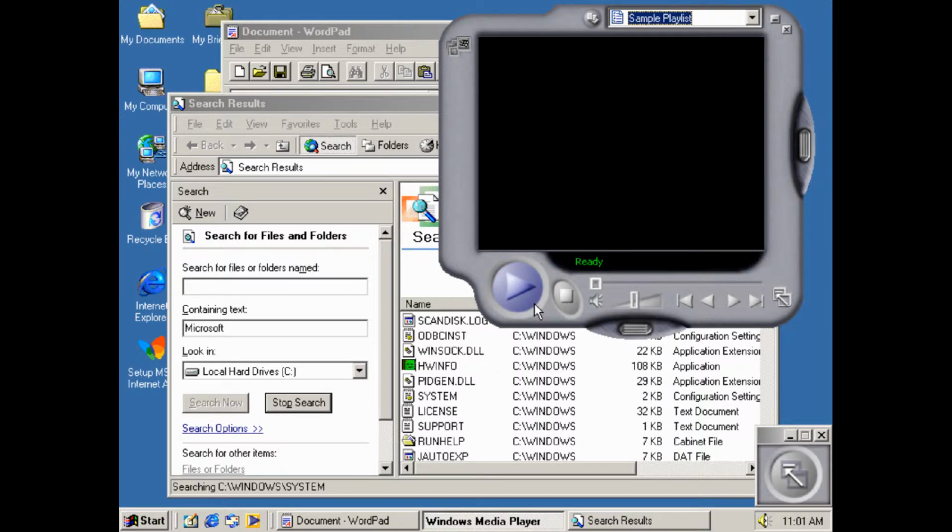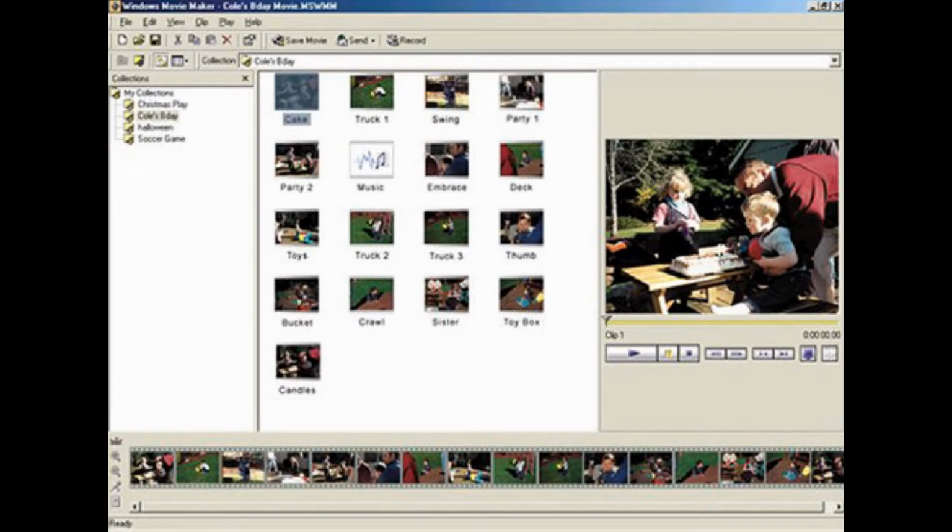Now we have moved on to Windows Me. It was released in 2000, and it was the final 16-bit computer only. From now on, they were able to make 32-bit, and no more 16-bit. And it used the same code as Windows 95, and as you can see there, it introduced Movie Maker, which you can use to edit, save, and share videos, and it added numerous music and ways to enhance your video. So now we move on to